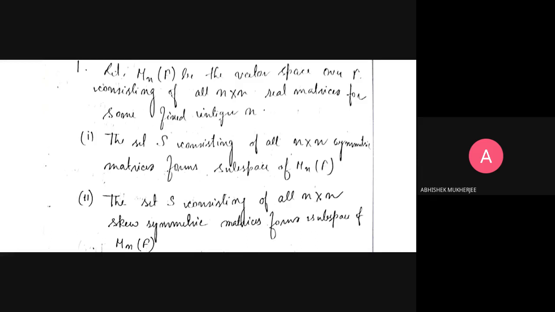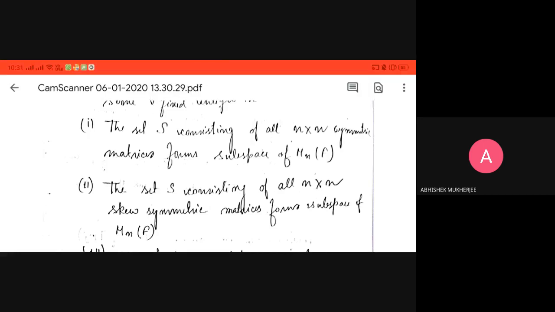Then I will come to the second condition, that is scalar multiplication. If we take any scalar alpha from F, then we can say that (alpha dot A) whole transpose equals alpha dot A transpose. We have already got that A equal to A transpose, so we can say that alpha dot A equals alpha dot A. So it forms a subspace of M_n(F). Now I will go to the second one. The second one is a similar proof, just there is a big difference: it is a skew symmetric matrix. So I have to take that A equal to minus A transpose. Otherwise the proof is the same.